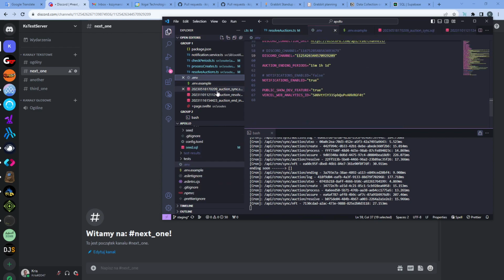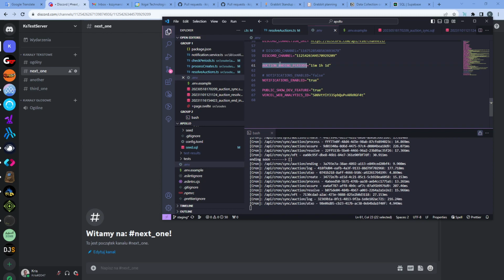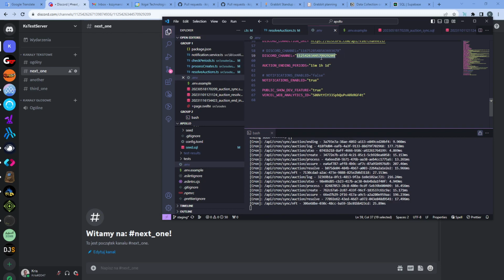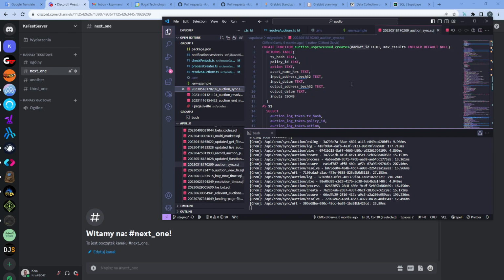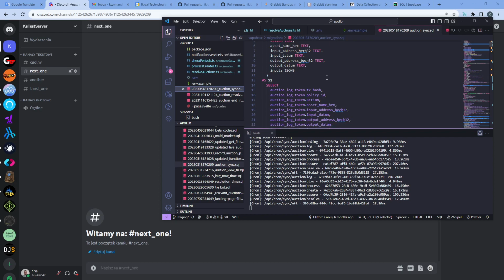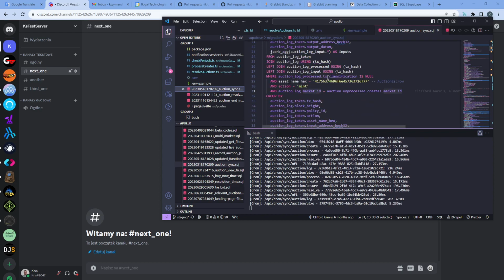Okay, so my environment: to turn on auction notifications overall, notification enable needs to be switched to true. I am using default interval periods of 50 minutes, 1 hour, and 1 day, and I changed the Discord channel to point to my test server. Okay, so let's start with the first one, where I would like to notify about created